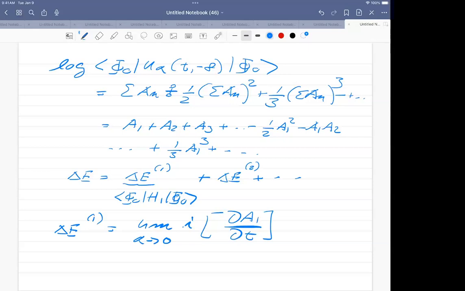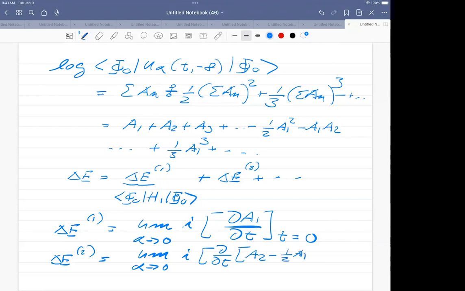And this is evaluated at the time t equal to 0. If I do delta E_2 here, that is going to have a similar limit. Alpha goes to 0 of i, but then I have to take the time derivative with respect to A_2 minus